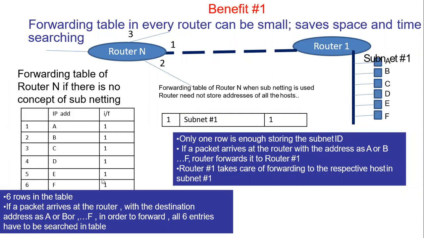Instead of having so many entries, if for all the hosts we had a subnetwork ID, then the table entries in the router reduce. We just have to store one entry for the subnet, just port number 1. This helps in the routing of the packets. It can easily identify which link, the processing time reduces, and the table entries also reduce. So it can process many networks. It helps in the efficiency of your computer network communication. This is one of the advantages of subnet creation.